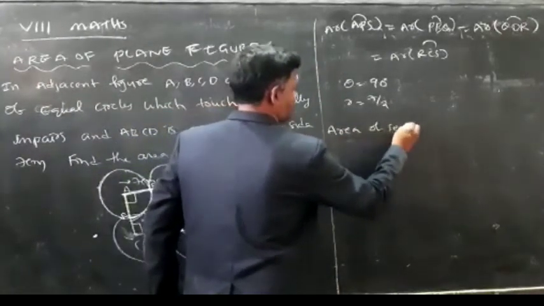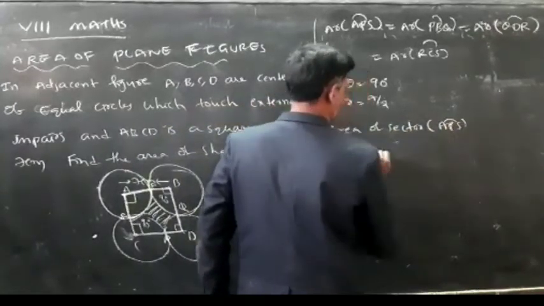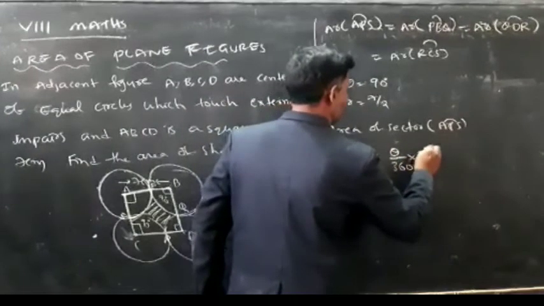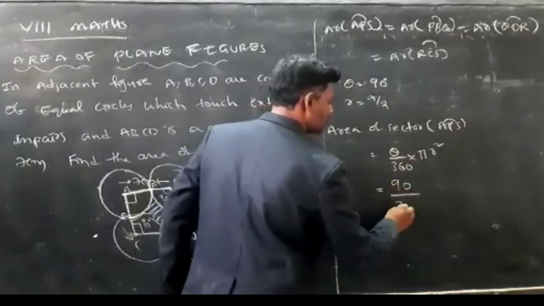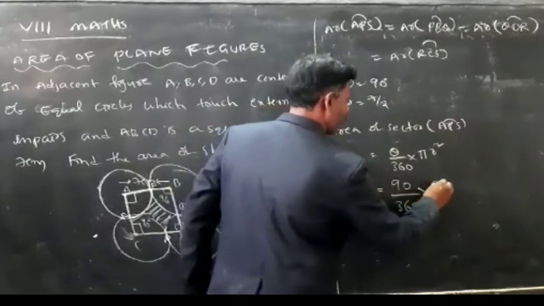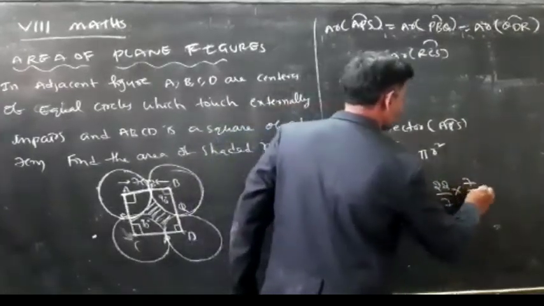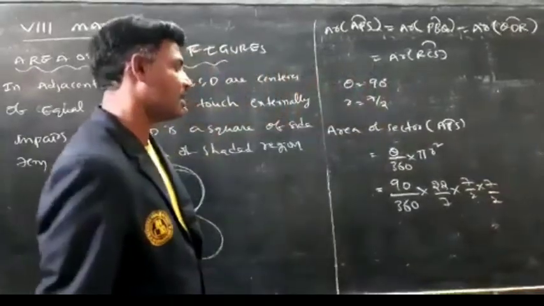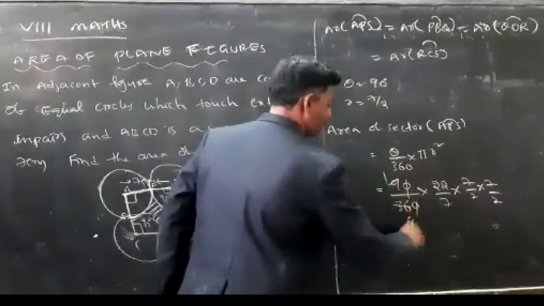Area of sector APS is equal to theta by 360 into pi r square. Theta means 90 degrees by 360, into pi means 22 by 7, into r square means 7 by 2 into 7 by 2. Any cancellations here? See here, 0 and 0 cancel. 9 ones are 9, 9 fours are...